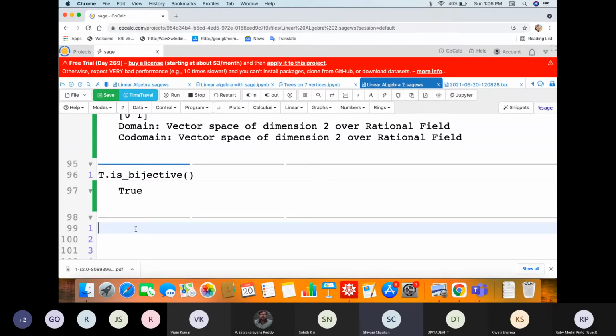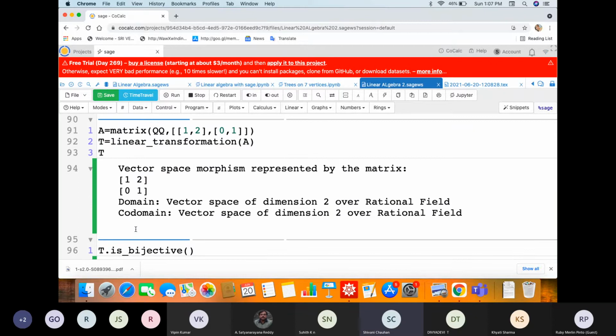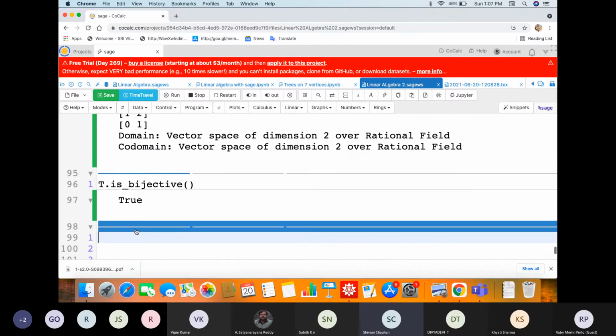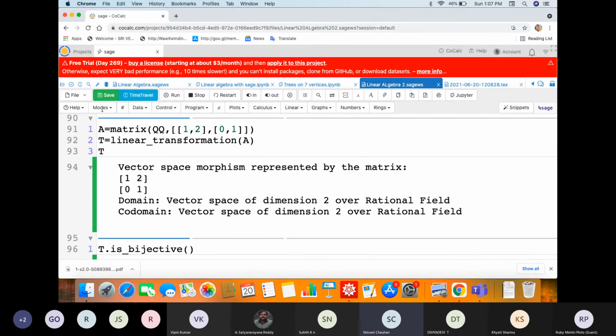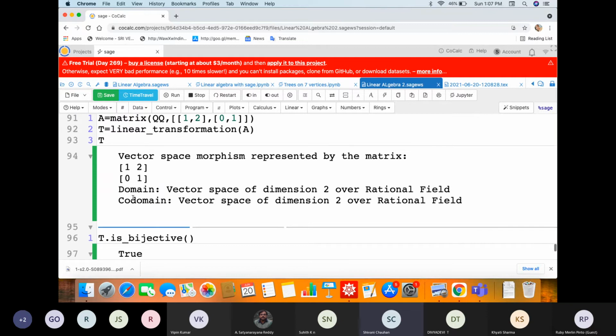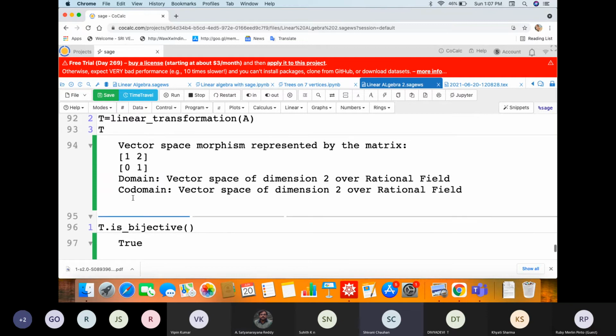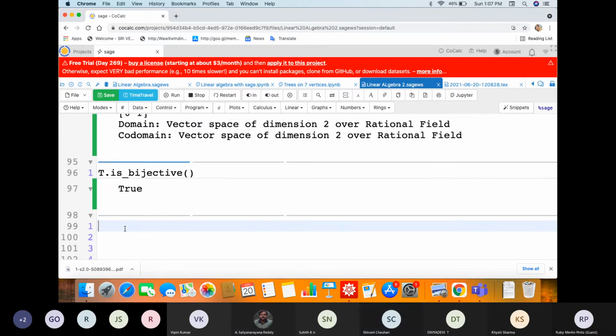So could you try inserting one vector in this transformation? Let us say v is equal to 1, 0. You define a vector v and tell me the value, take 1 comma 0 and tell me t of 1 comma 0.